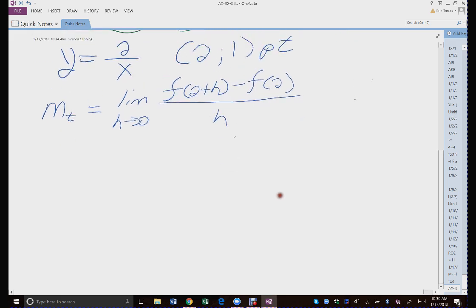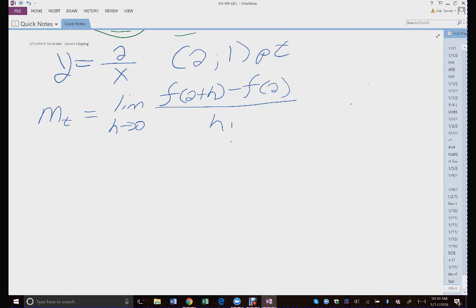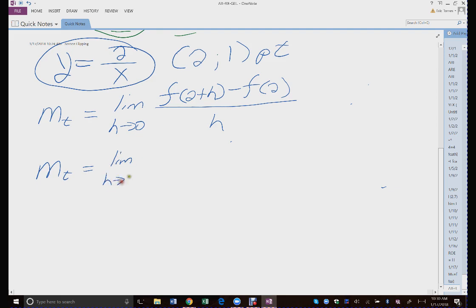But now I'm going to actually calculate the f of 2 plus h and the f of 2 using my function as it was given to you right here. So the slope of the tangent is going to equal the limit as h approaches 0, f of 2 plus h. I'm literally going to plug in 2 plus h using a substitution for my x, minus f of 2